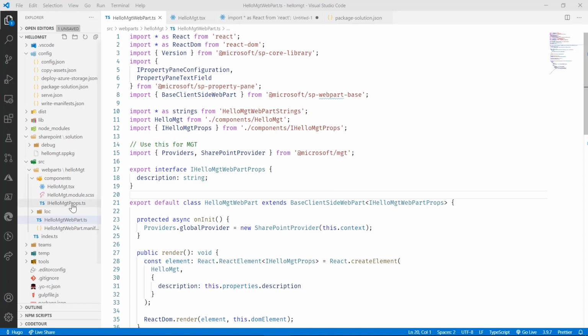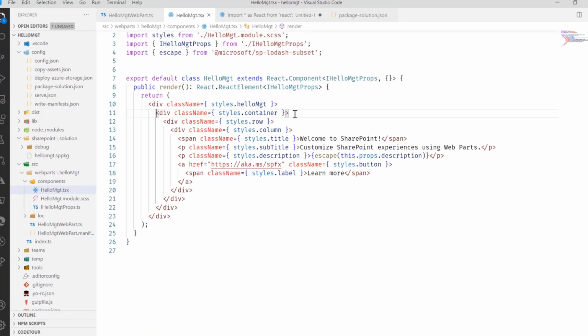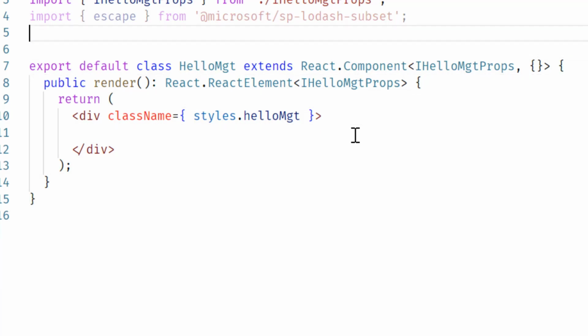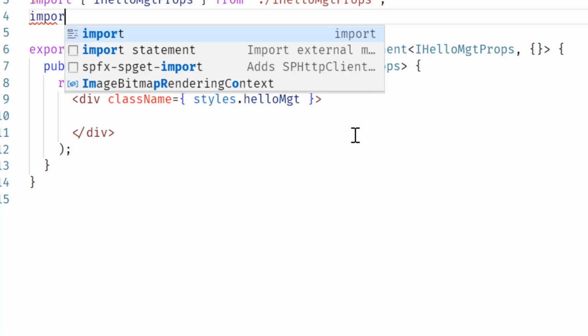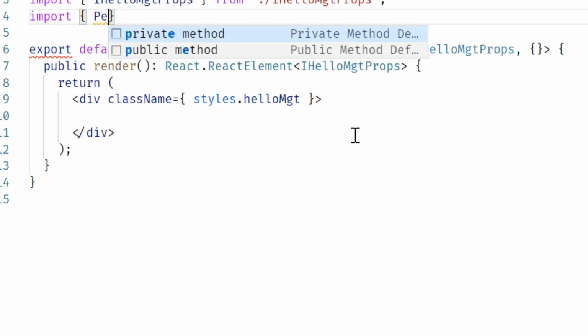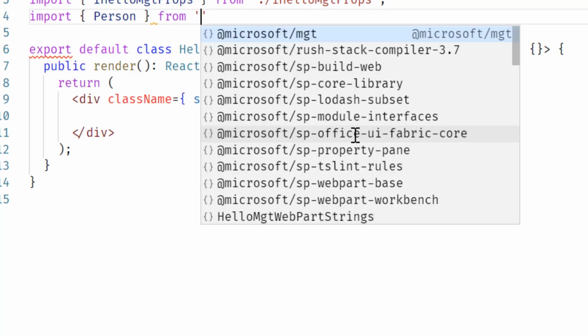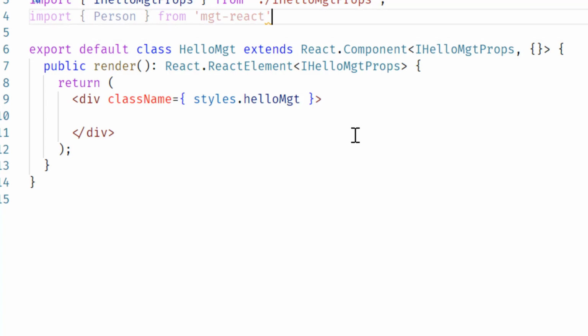To start using the MGT components, we just need to go to the component folder and our HelloMgt.tsx, which is what renders your web part. We'll start by removing all the HTML that's rendered inside the web part. We just want a blank web part to start. We'll also remove the reference to the escape function, and we'll add an import. Let's start by adding a person component that will show the currently logged on person. So import Person from mgt-react, semicolon,